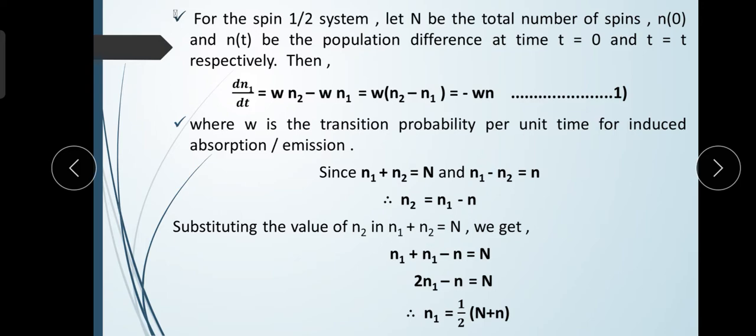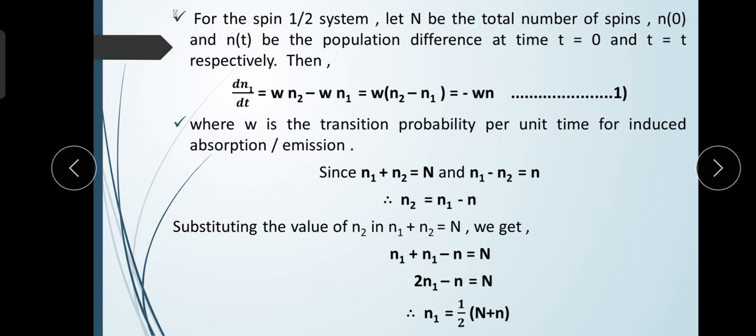Here we consider the time interval from 0 to t, and according to that we get the different energy, different spin states. So here N of 0 and N of t. Now the rate of change of the number of spins occupying the lower energy level is equal to W N2 minus W N1. Here W is common in both terms, so we can take W outside the bracket: W into (N2 minus N1), which is equal to minus